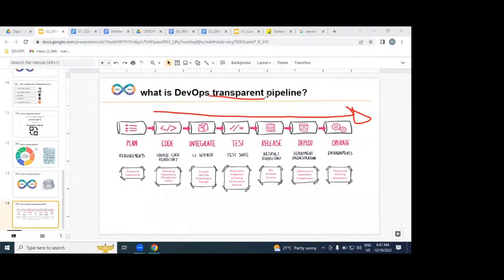To increase speed, to increase quality, and to decrease cost. For that purpose we implement our DevOps process from the dev environment to operations. So let us understand this DevOps process stage by stage, and what the roles and responsibilities are in each stage.